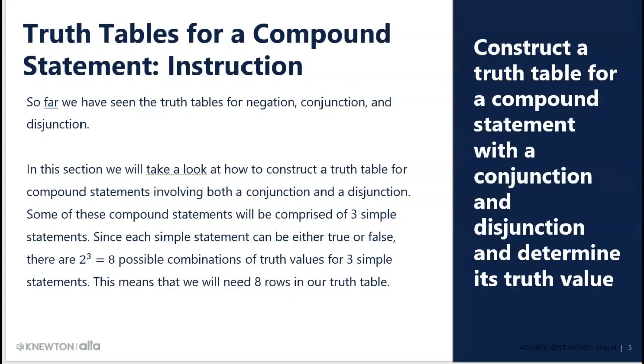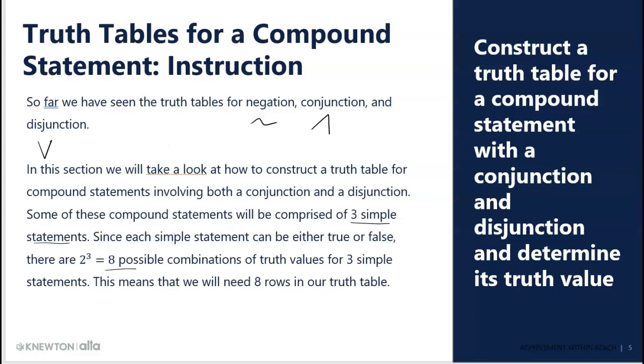So we've seen negation, conjunction, and disjunction, or negation, not, and, or. We took a look at that, and we mostly used two statements, P and Q. We had two statements in our compound statement. Now we're going to start talking about when we have three statements, which means we get 8 possible combinations of